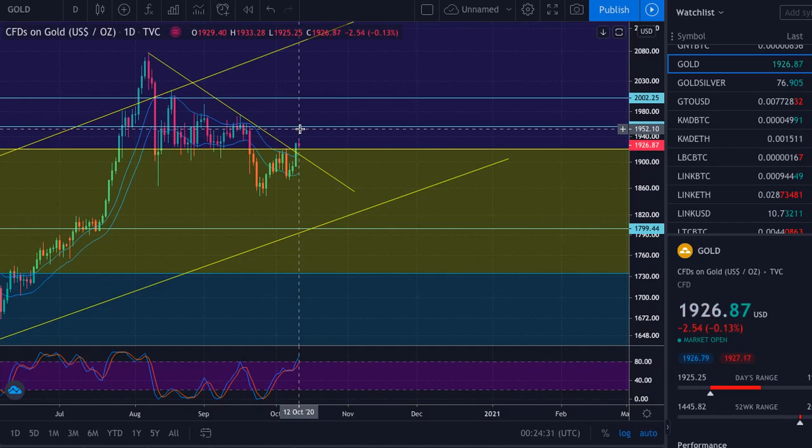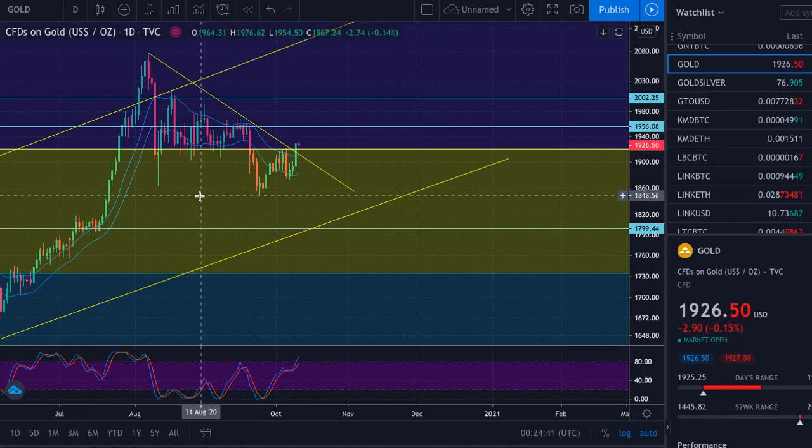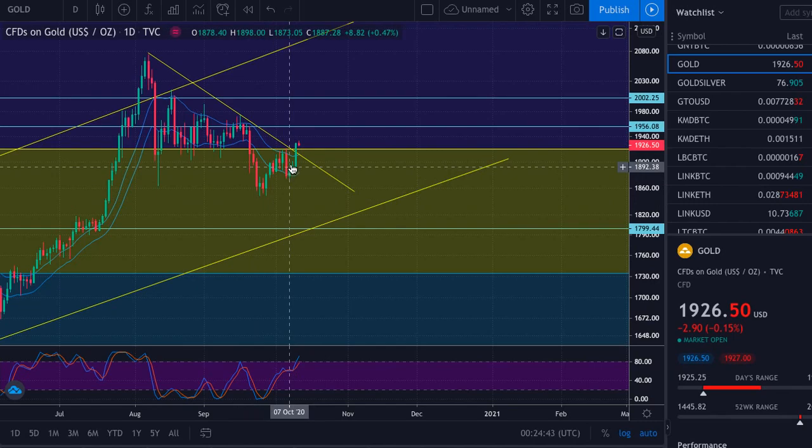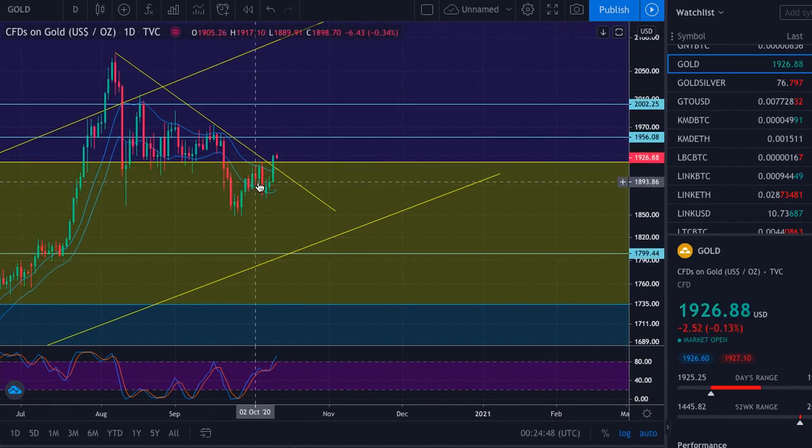So let's take a look at gold in the US dollar. And of course, we're using the tradingview.com website. And I think this will be pretty quick. Not a lot has changed. We have seen a nice little positive movement. So the last time we were here, this was October the 2nd, roughly, we were hovering at around about